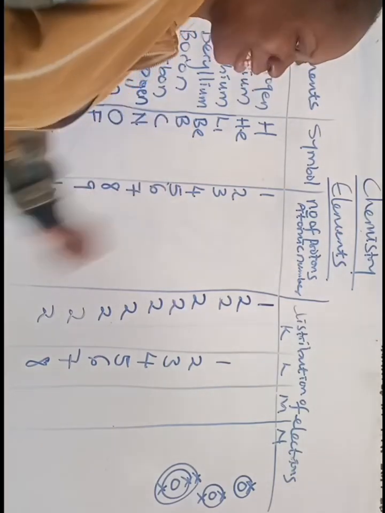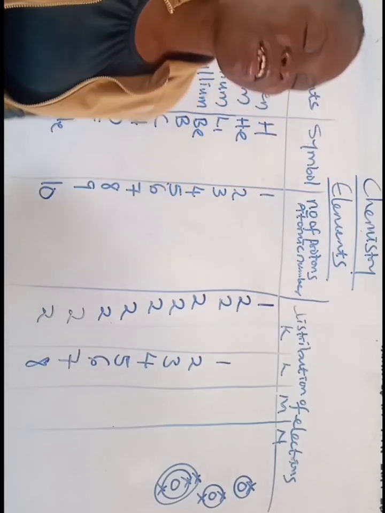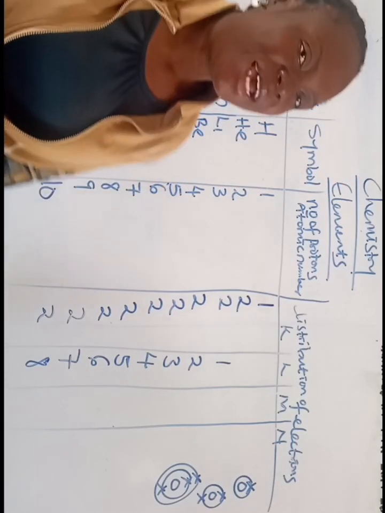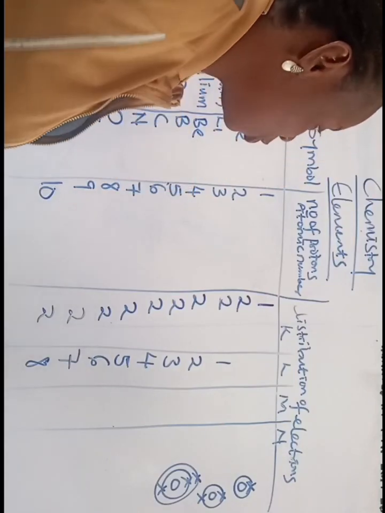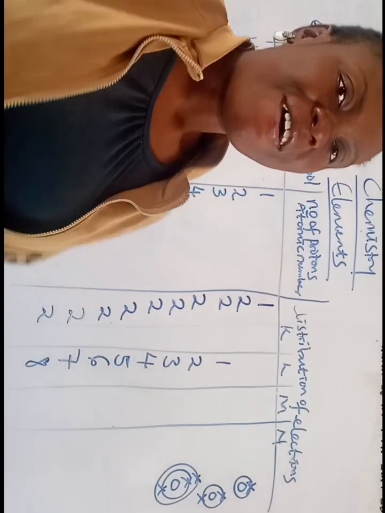Neon is a noble gas. When we get to oxidation number, valency, groups and all that, we'll discuss more about that. So we have been able to distribute into the K and L shell. All right, so when I